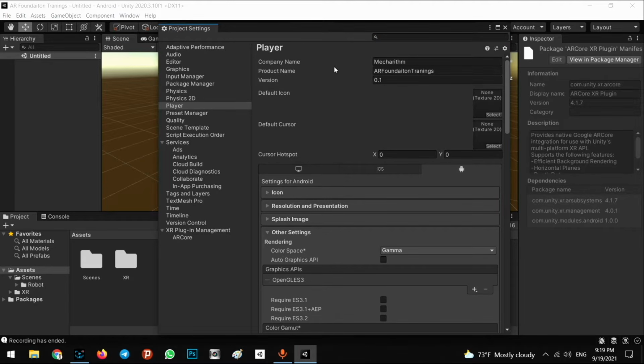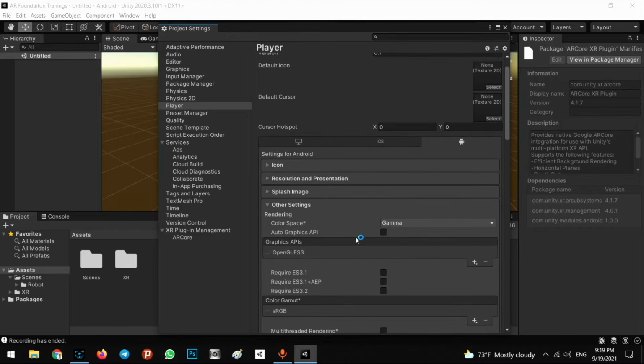At first you need to write your company name. Here I wrote Mecharithm and the product name, and in the other settings, make sure the graphics APIs